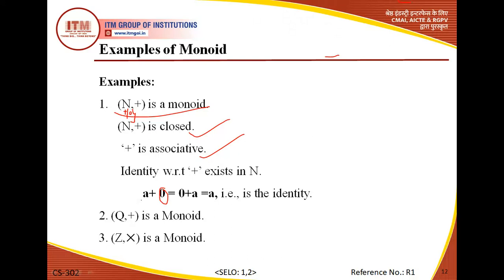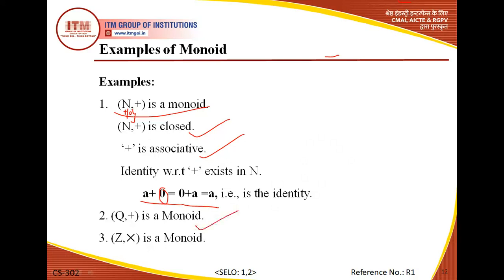Let's see it over here. A plus 0 is equal to 0 plus A is equal to A. Hence, the identity element exists in N plus 0. Please remember, I have written it as N, but in natural numbers, 0 doesn't exist, hence N plus 0 should be taken. It is the set of natural numbers and also 0. We have taken all the elements of natural numbers, which is 1, 2, 3, 4, and we have also taken 0. So all the elements are 0, 1, 2, 3, 4, going till infinity. So this is a monoid with respect to addition.